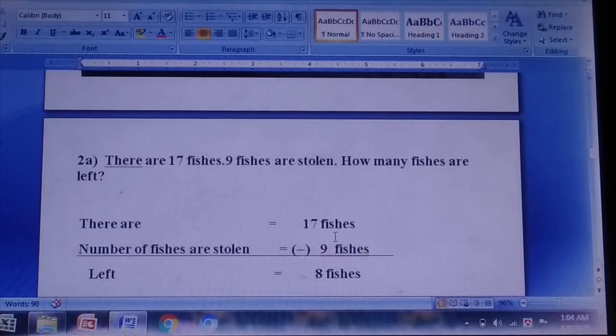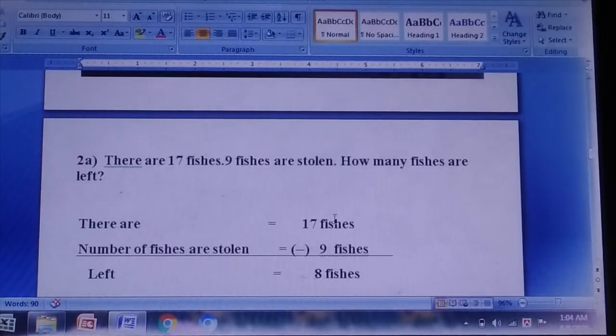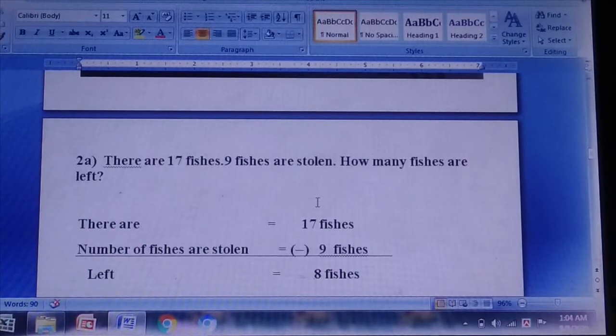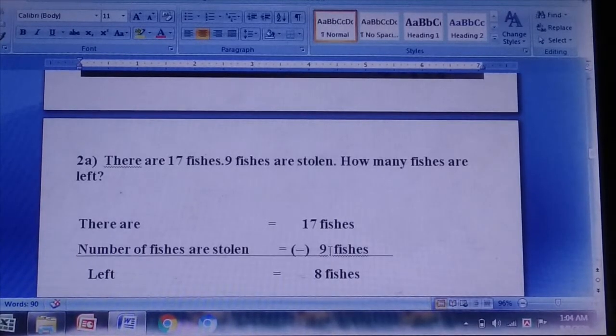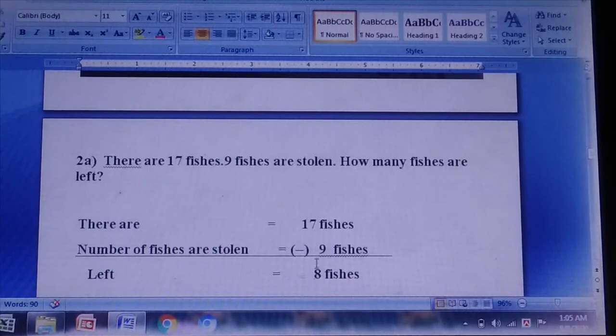When the upper number is smaller, then we borrow a 1. Keep in our mind that there is a 1 on the upper side of the 7 and it will be 17. Then you use your finger and count in your mind. You will start counting from number 10 because here is given number 9. Then 10, 11, 12, 13, 14, 15, 16 and 17. It's 8. So I write 8 below the line.